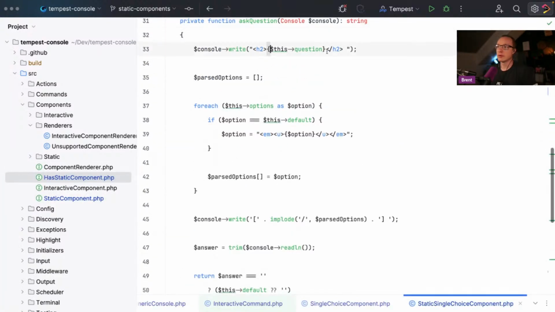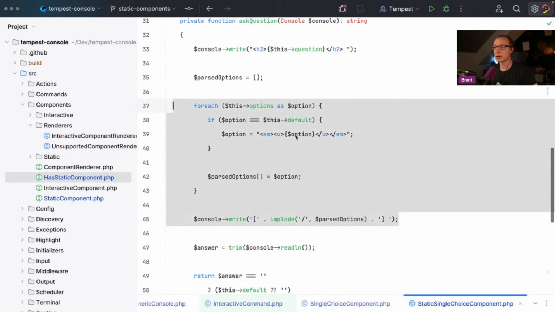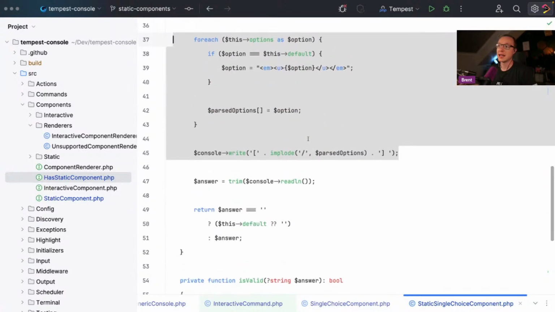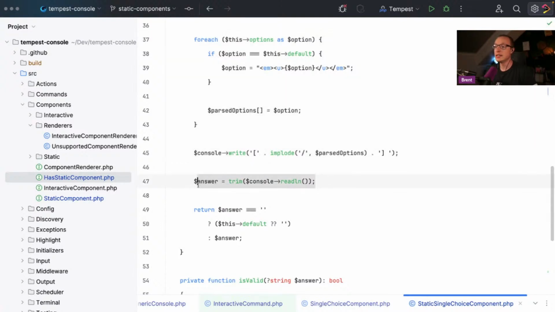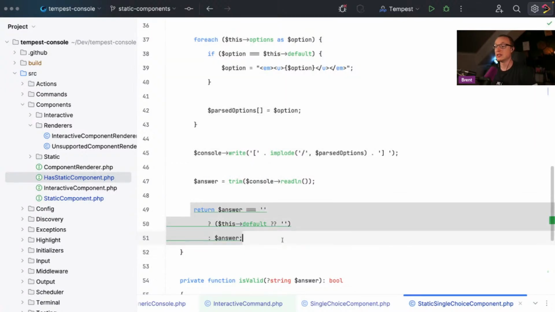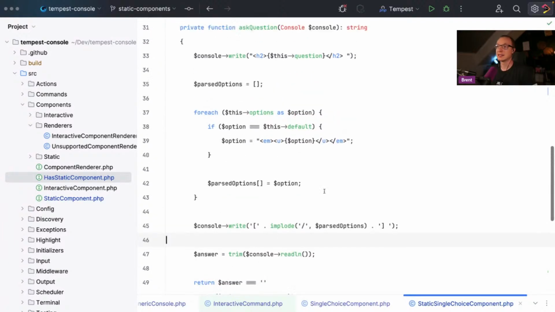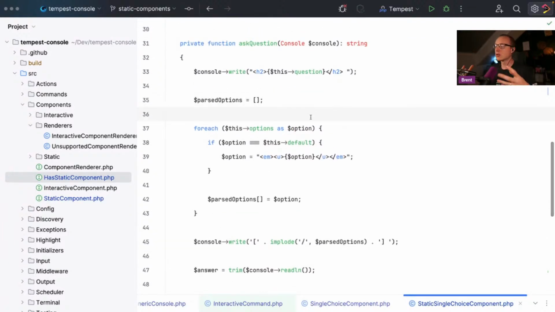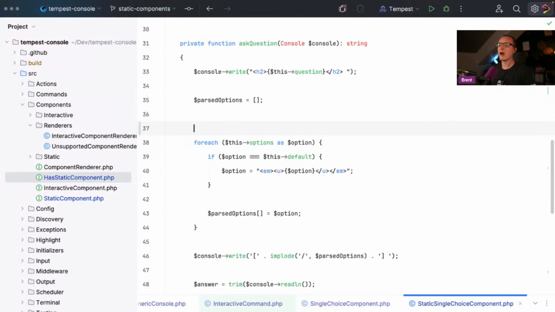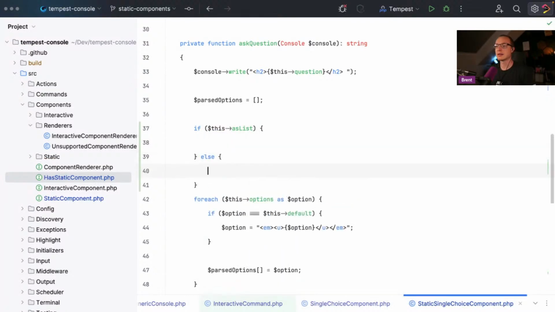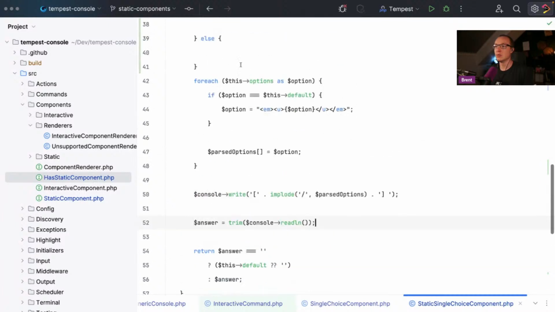Yeah, okay, so we write the question, then we have our options here, and these options will change. This part will have to change based on whether we're rendering a list or not. Then we're going to read the answer, and then we have to resolve the answer, and that will depend on asList as well. So I'm just going to write some very ugly code for now, and then we can refactor. So if asList, else we do, let me see, we do all of this,